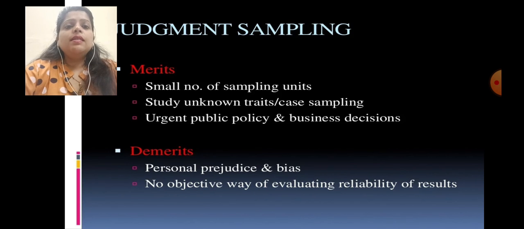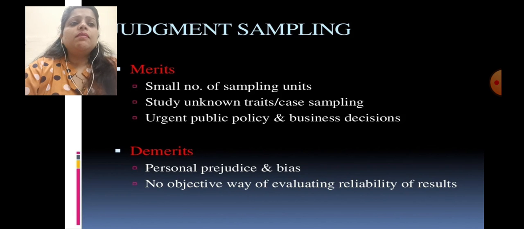Merits. Here, a small number of sampling units is selected. Here, it is used to study unknown traits, for case sampling, and for urgent public policy and business decisions. What are the merits here? Only a small number of sampling units can be selected, and it is used to study unknown traits and case sampling, and for urgent public policy and business decisions. Now, what are the demerits in judgment sampling? Personal prejudice and bias. There is always personal prejudice and bias, and no objective way of evaluating the reliability of the